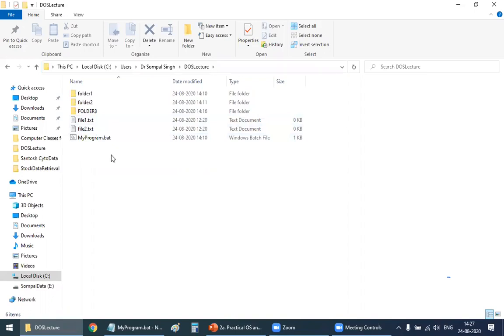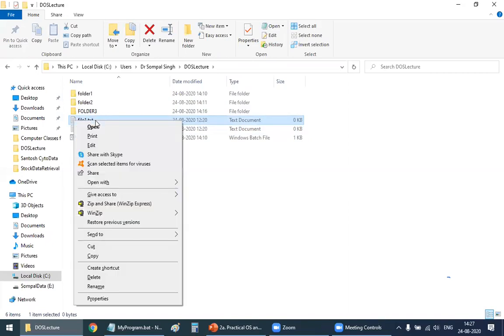So I know that there are these two files. I click on file 1 and then I right click on file 1. If I right click on file 1, I can go to the properties of this file.